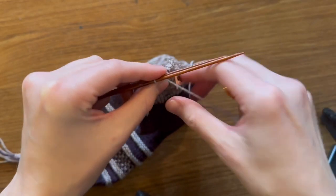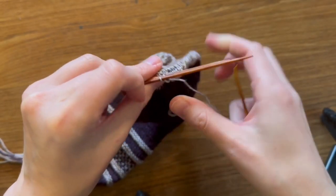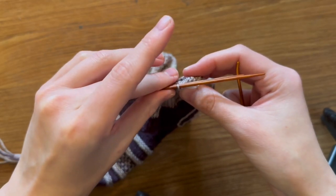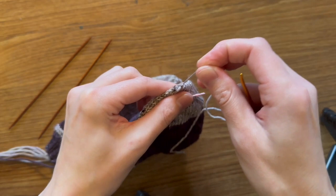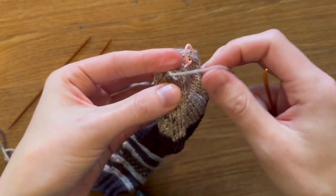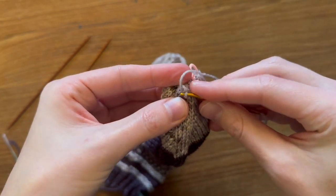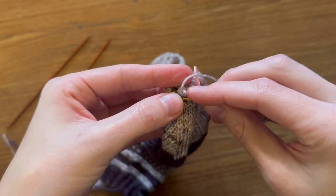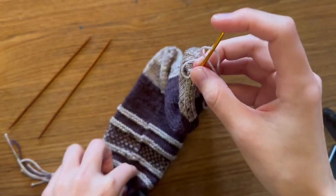Okay, so we've done that, and now we would start to do it again, but we don't have any stitches. And what we're gonna do is, this feels a little bit scary, but you're just gonna pull your needles out, and then you're going to pull it tight here. And then what we want to do is we are going to move this into the inside so we can weave in our ends. I like to just grab through this stitch to sort of help pull it through, and then push it on